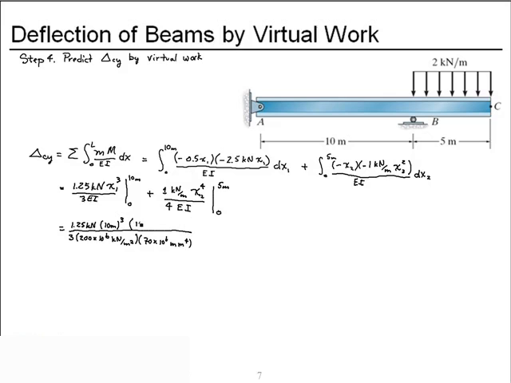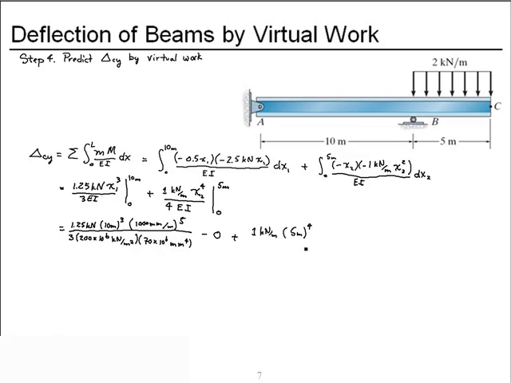Let's be consistent and make everything millimeters. So we have 1,000 millimeters per meter raised to the 5th power. We subtract this expression evaluated at 0, and that'll give us 0. We add in this expression evaluated at 5 meters, so we have the 1 kilonewton per meter,